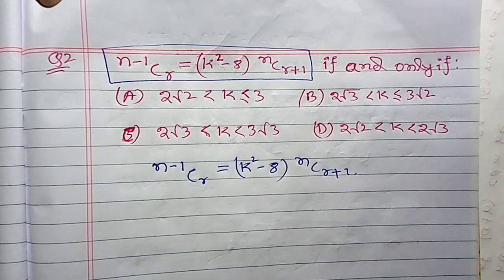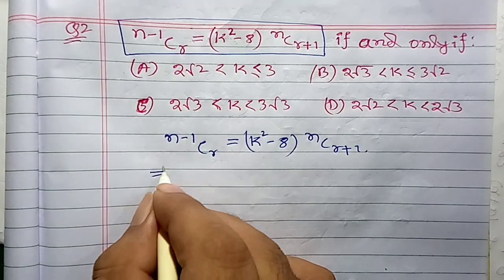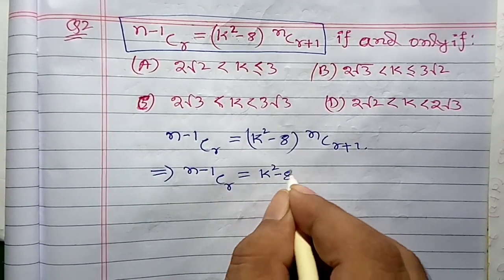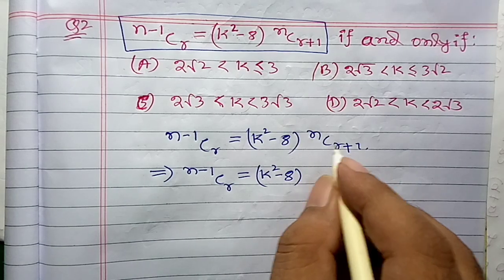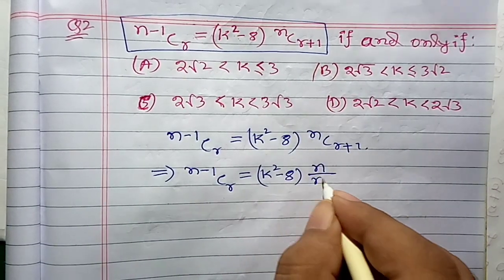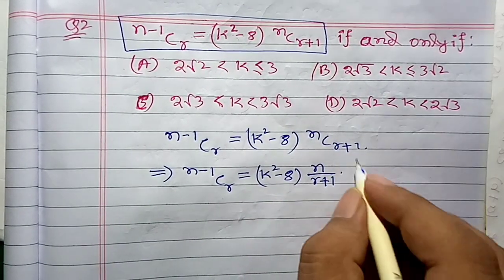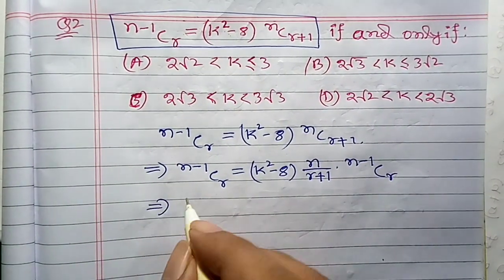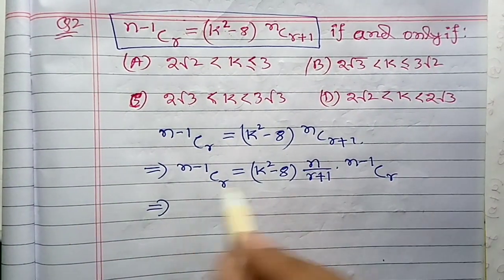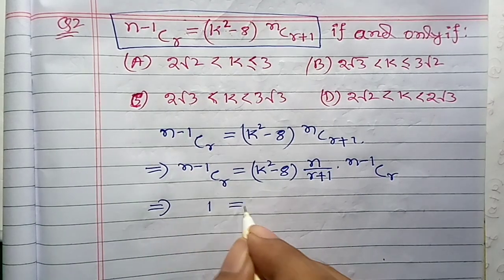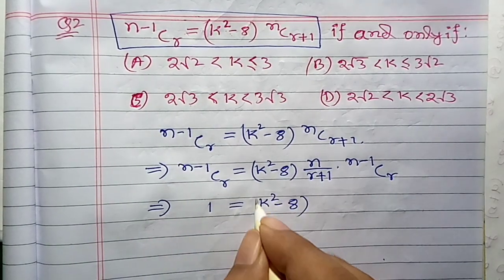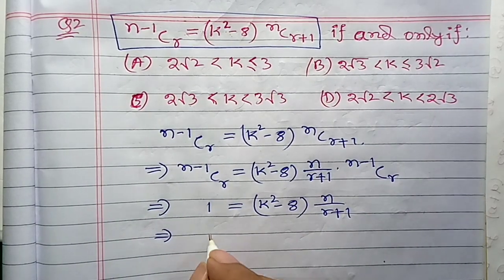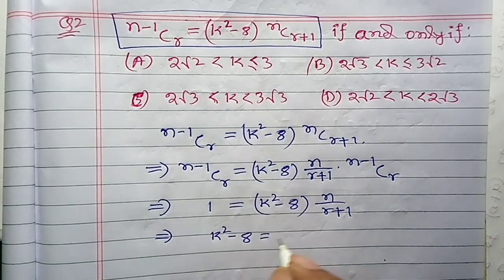(k² − 8) nCr+1, दिस इज गिवन। नाउ दिस कैन बी रिटन एज n-1 CR equal to (k² − 8), now this can be written as n by r plus 1, okay, into n minus 1 CR. Okay, now look from the left hand side and right hand side, these two will cancel, so this will be 1 equal to (k² − 8) n upon r plus 1, this can be written as k square minus 8 equal to r plus 1